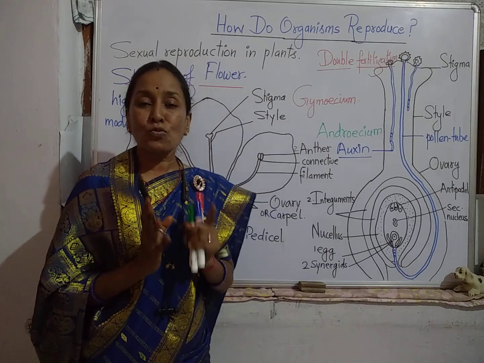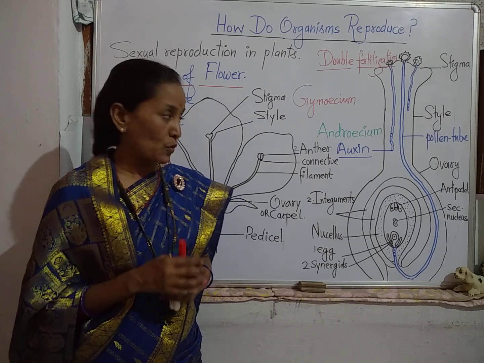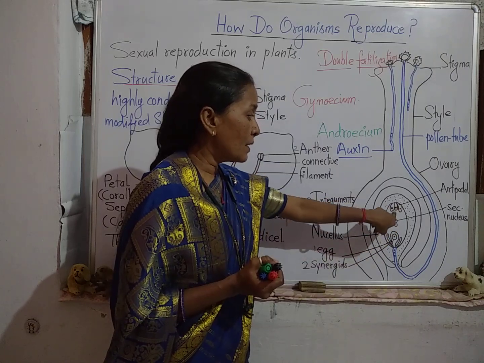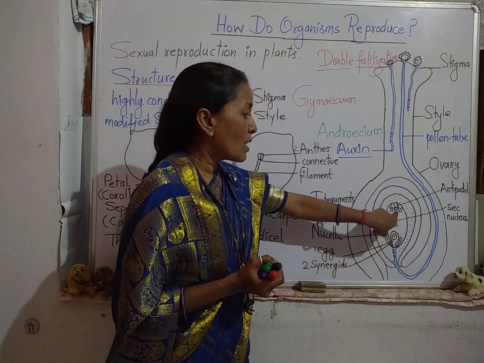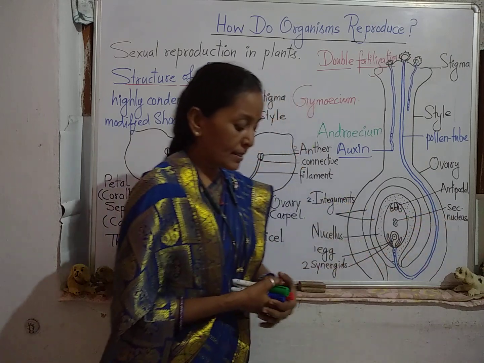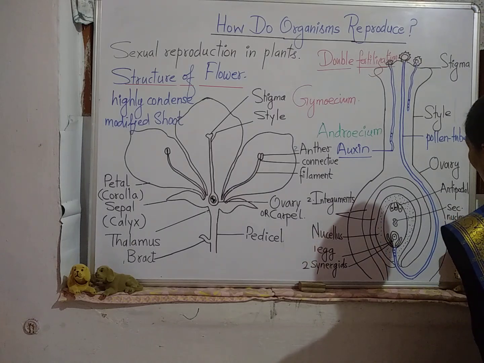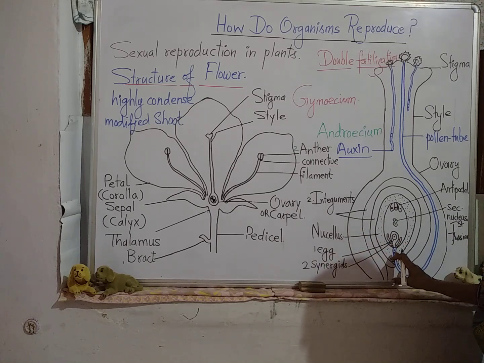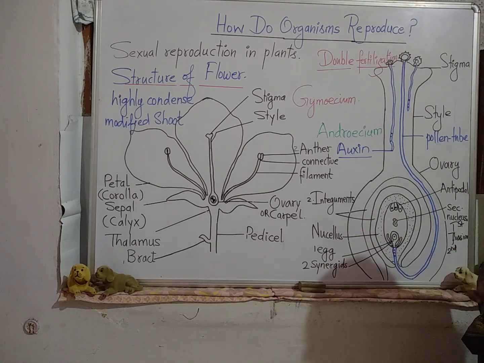But we know that, students, in the angiospermic flower, double fertilization occurs with triple fusion. The first fusion occurs in the 8 nuclei, 4 are here and 4 are here. One nucleus from each of the 2 poles comes and unites to form the secondary nucleus. This is termed as first fusion. And when the egg cell unites with the first male gamete, it is termed as second fusion.